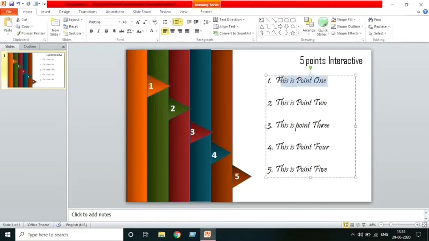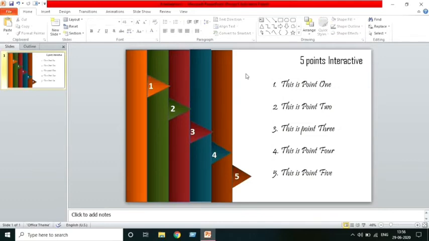Okay, so now our content is also ready and our graphic is also ready. Now we are going to add some animations in that. So let's start with the animation pane, and I will tell you how the animations will be added. First, the animation will be added to these, all our graphic controls.